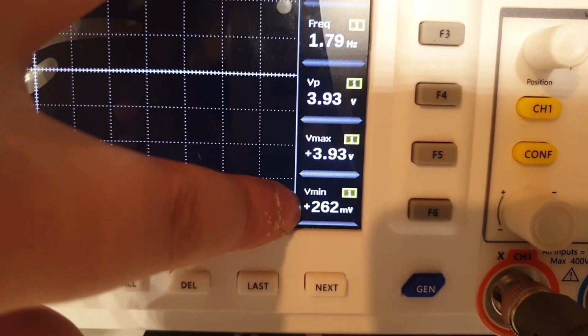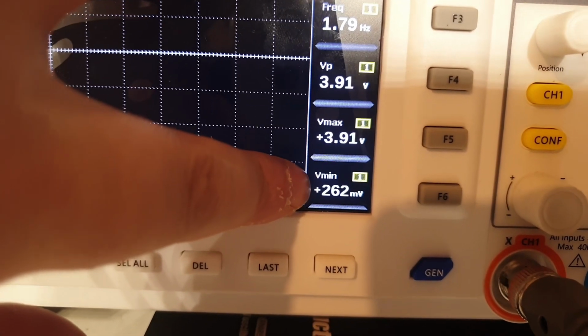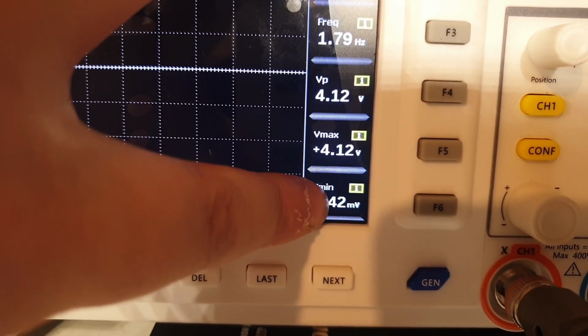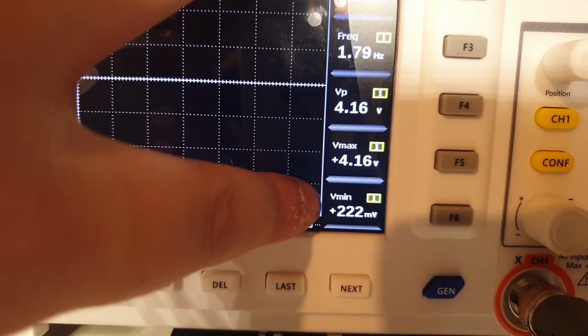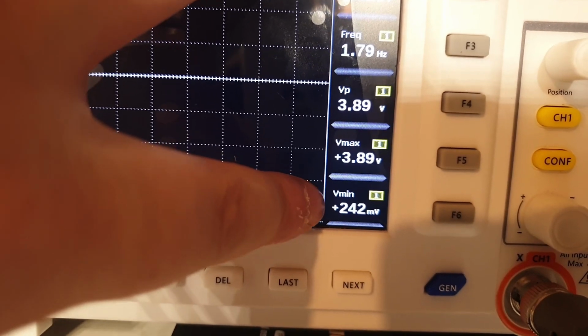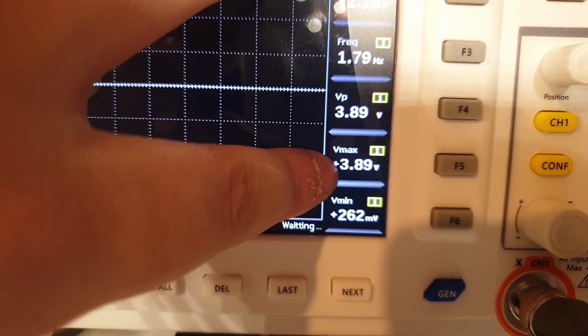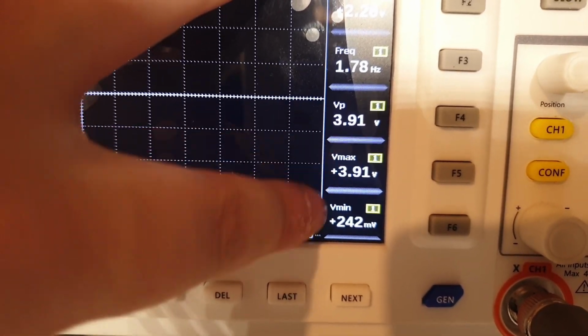4 volts here, but V minimum is 2,300 millivolts. So for some reason, this voltage minimum got different. I got a voltage minimum of plus 20 millivolts. 20 it was there, not 200 as it is now. I'm not sure when and why it behaved like that. Probably it was an error or something, but usually it's around 100 and something. In this case it is 200 millivolts. And subtracting from this value, which is 3.8, 4 volts, 3.6 probably is the difference, which is good,